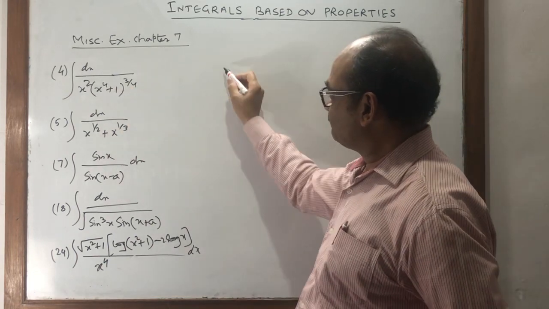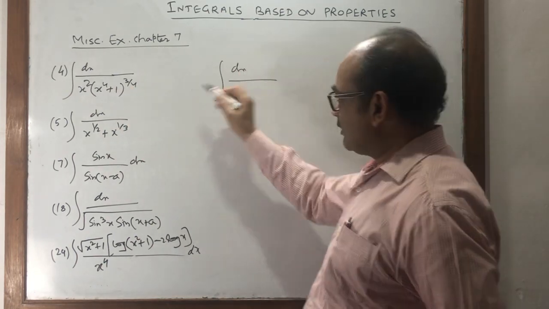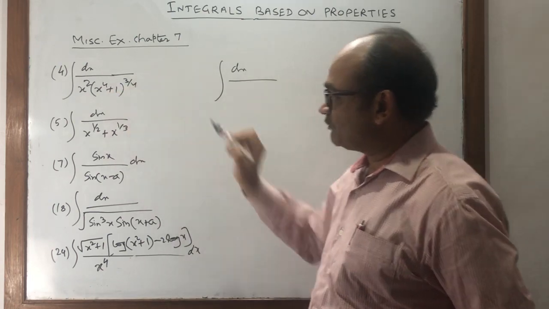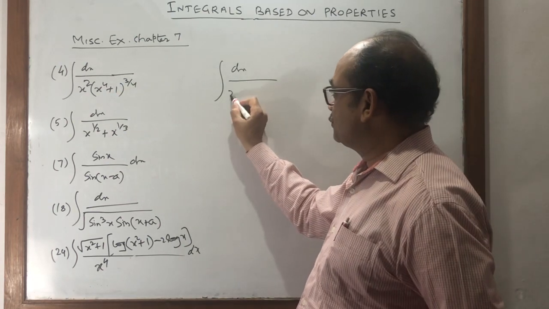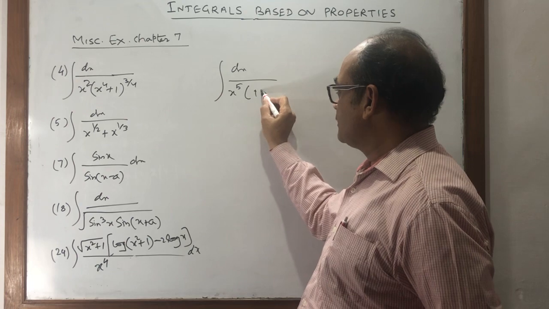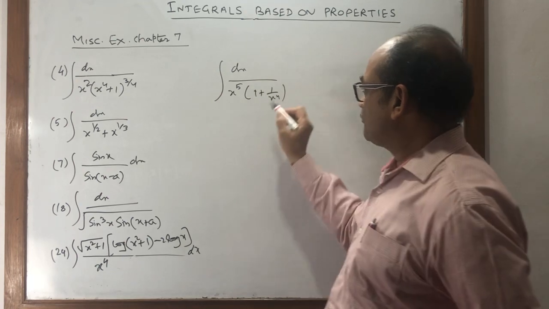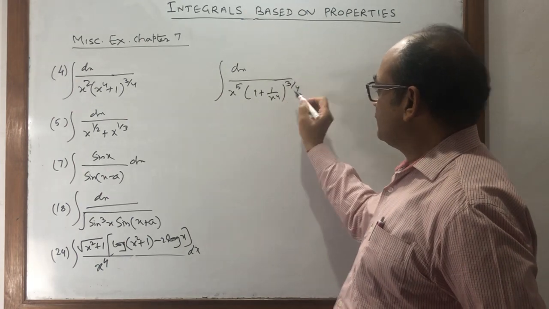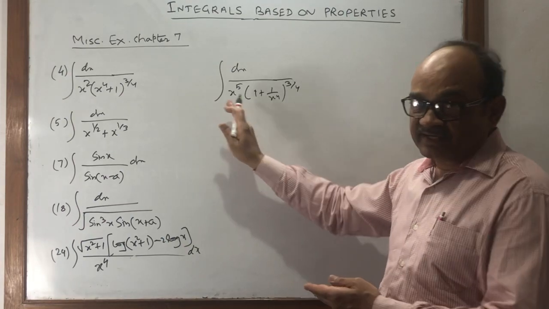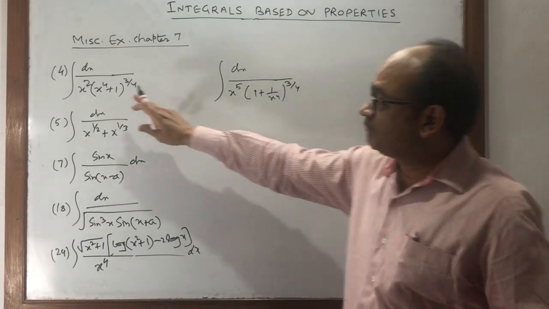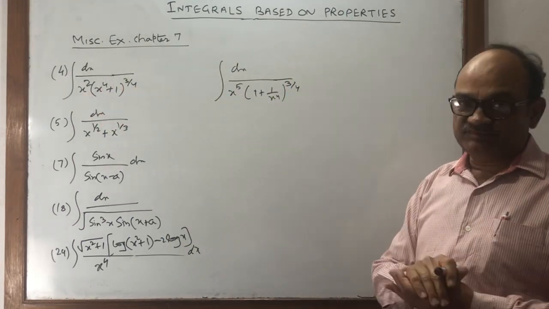x⁴ out, then what we are getting, x⁴ is out of 3 by 4 power, it means x cube is common, so the total will become 1 plus 1 by x⁴ power 3 by 4। x⁴ यहाँ से बाहर आ गया, बाहर आके x⁴ क्या बन गया, x cube, और मल्टीप्लाई हुआ x स्क्वायर से, it will become x⁵।